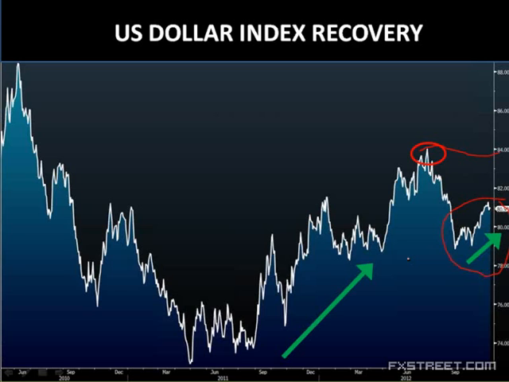It is still the reserve currency of the world, or certainly the most stable reserve currency of the world. And so for that reason, whether the US still has economic problems or not, it's still seen as the ultimate safe haven. And keep in mind that many other safe havens have fallen out of favor.